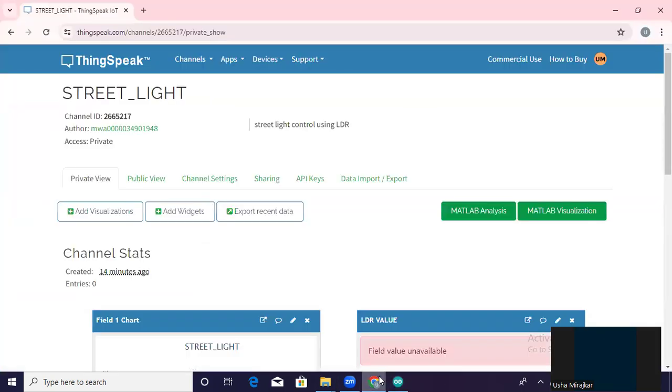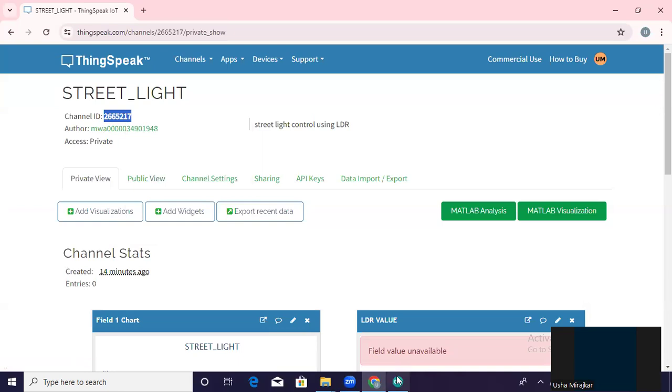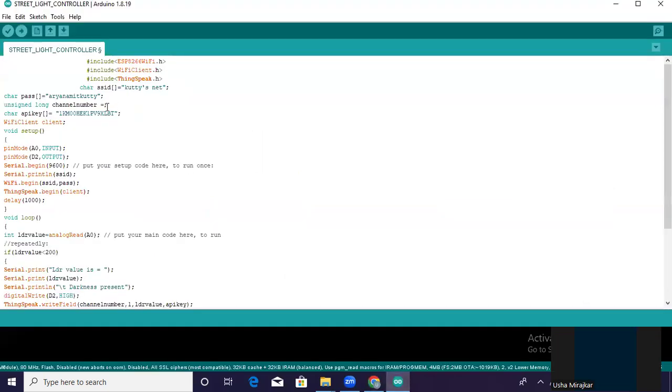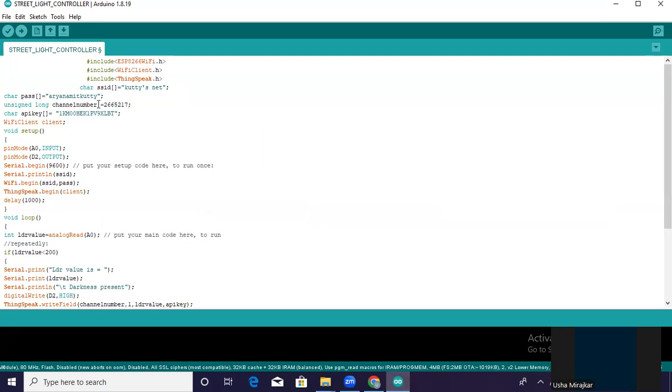Now copy the channel ID which we have created here. This is the channel ID. Similarly, the API key, the write key.